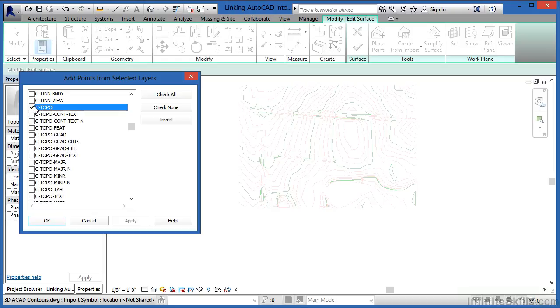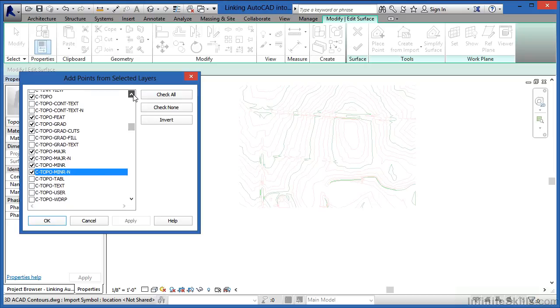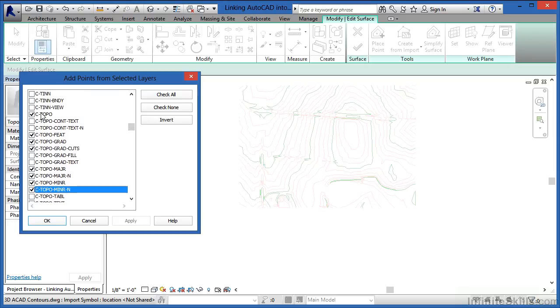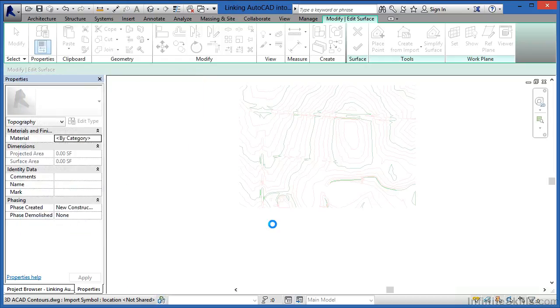From here, I'm going to put a check mark next to the topo features. I'm going to do the topo grade. I'll pick on the majors and the minors down here. And that should be enough. So right now I have the minor in, minor, major in, major, grade, grade and cuts, and features all selected, as well as C-topo. Now if we click on OK to this, Revit's going to have to think for a few seconds